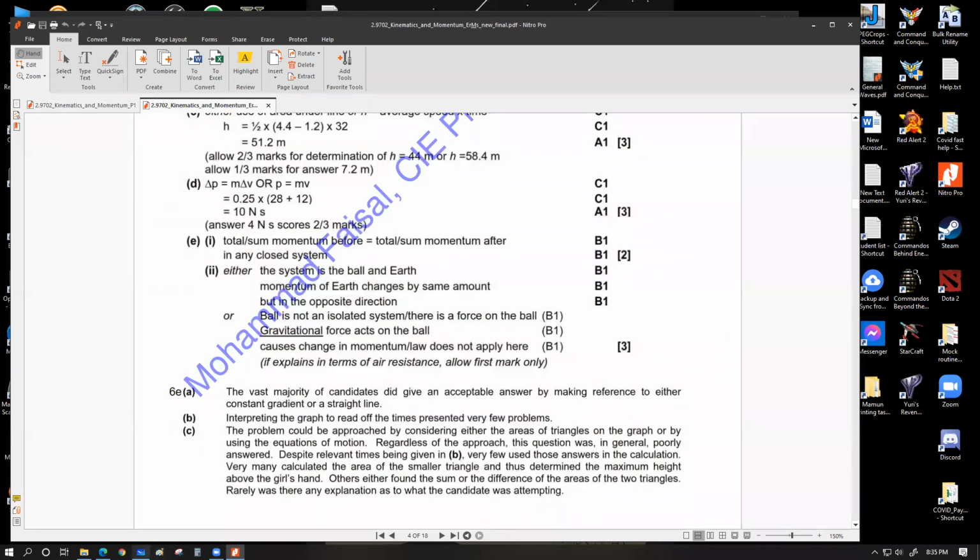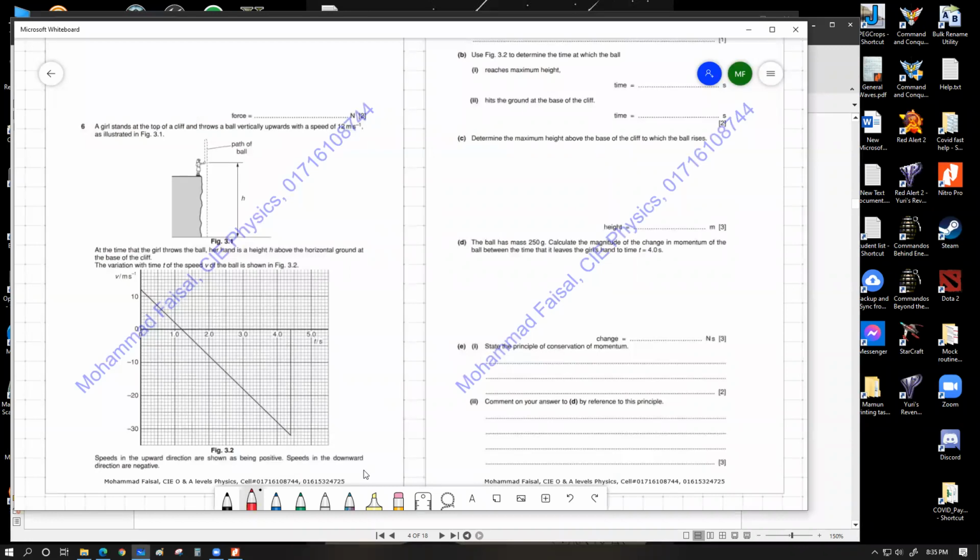I might actually write this way, that the closed system is made up of the ball and Earth, full stop. By Newton's third law, they exert equal and opposite force onto each other, semicolon. The change of momentum of either of them is equal and opposite to the other, full stop. This is going to be my second sentence. Might as well cover the whole part, but if possible, I might write one more sentence that